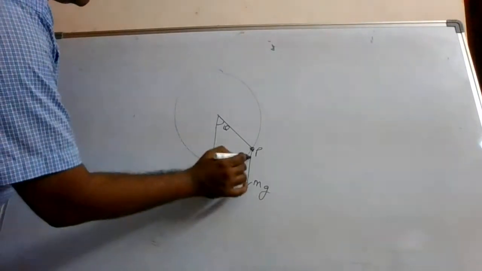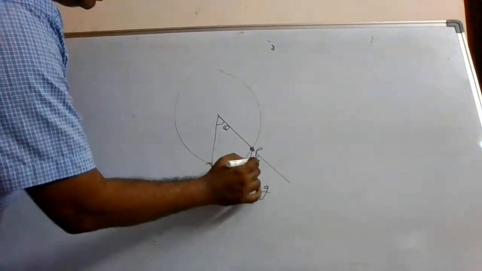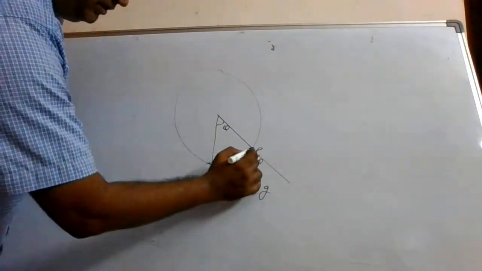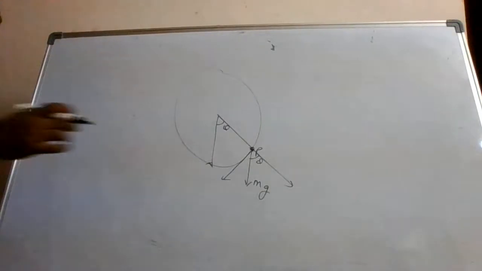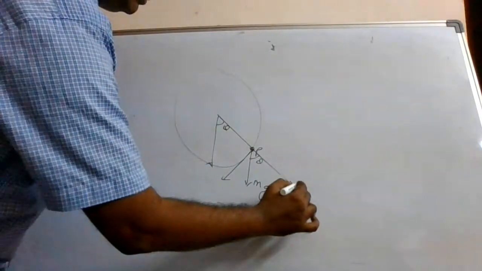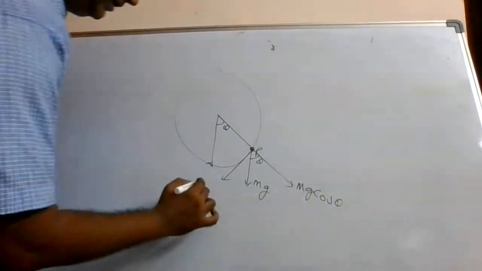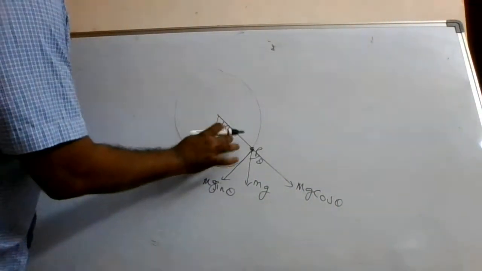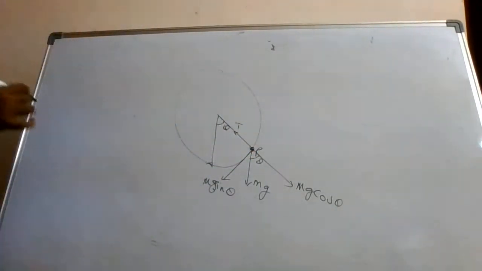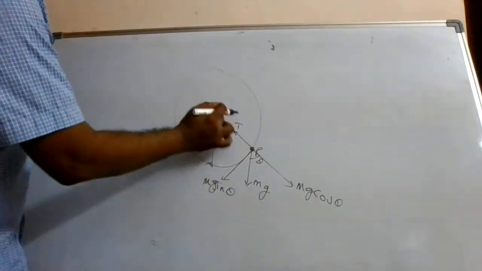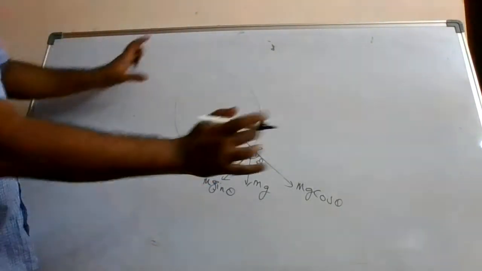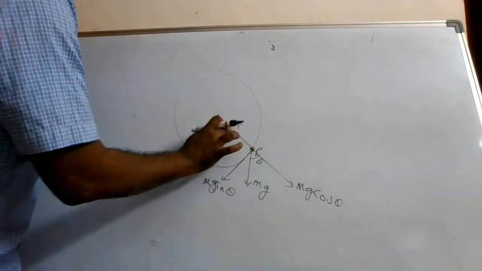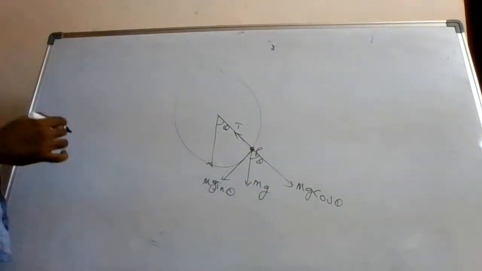Okay, this line and this line are parallel. If you extend this line, this will be theta. Alright, so you know that it will have a tangential and a normal component. So here mg, this is theta, so this is a component, right? This is mg cos theta and this is mg sin theta, right? This is the string, so this is our tension value, because if you cut the string, the tension will be in this direction. When you see only this object, the tension will appear only in this direction.